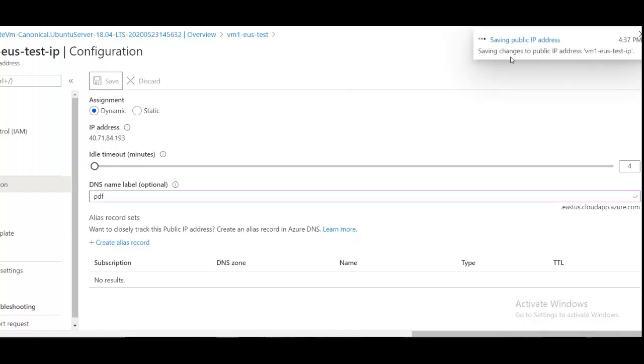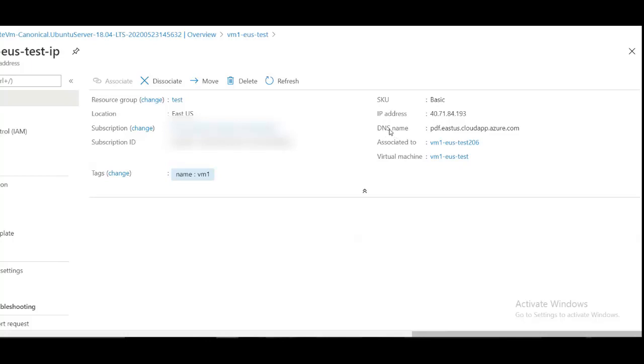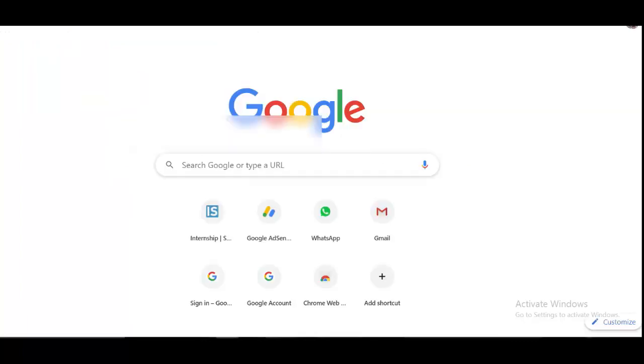So it will take a few seconds to save your DNS, and next time if you have to check your application, you just have to type your domain name in the URL section. Okay, so guys, finally as you go to the overview section, you can have your DNS name here. So you can copy your DNS name and then go to any URL and paste it in your Chrome or Google Chrome,